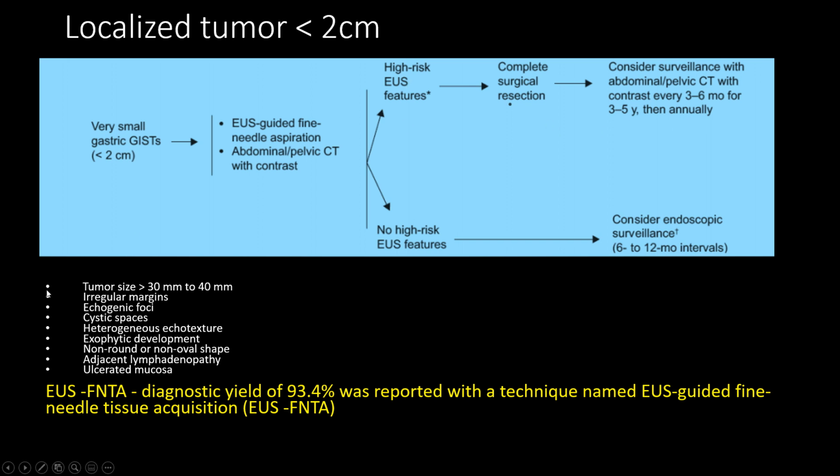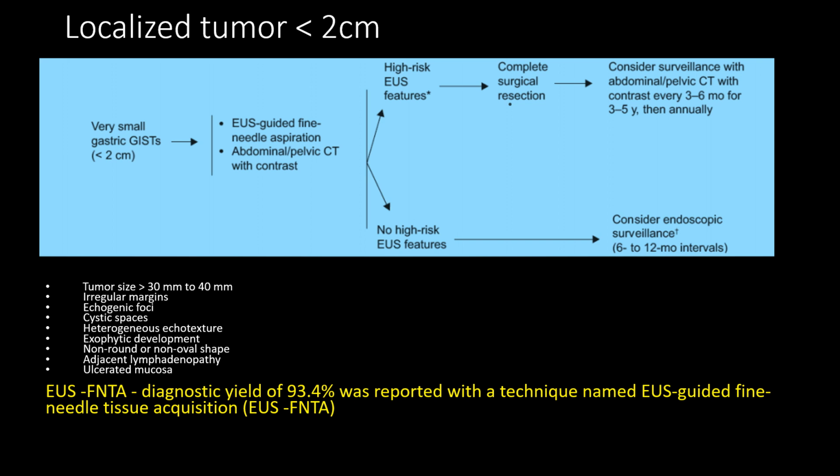So what are the high risk features in endoscopic ultrasound? Tumor size greater than 30 mm, irregular margins, echogenic foci, cystic spaces, heterogeneous echotexture, exophytic development, non-round or non-oval shape, adjacent lymphadenopathy, and ulcerated mucosa. These features suggest high risk for disease progression and malignancy. And if there are no high risk features, then consider surveillance. And recent is endoscopic ultrasound guided FNTA, which has a diagnostic yield of 93.4%,